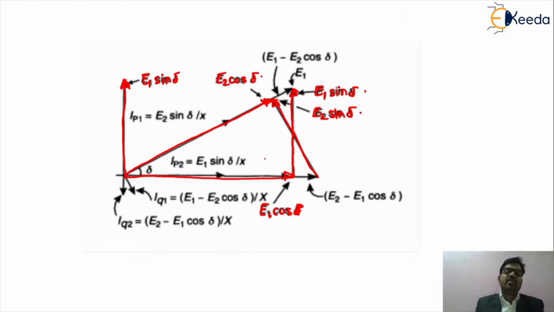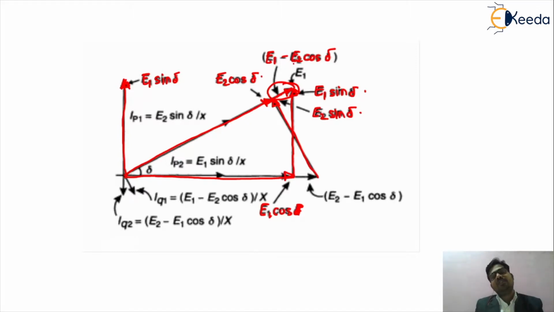Okay, so friends, from that phasor diagram we can get the value of this phasor. So what should be the value of this phasor? According to the phasor representation, the value of this phasor is nothing but the value of E1. So that will be E1 minus E2 into cos del, because we are getting the value of E2 into cos del here. This is the total value of E2 into cos del. So this term is nothing but E1 minus E2 into cos del.